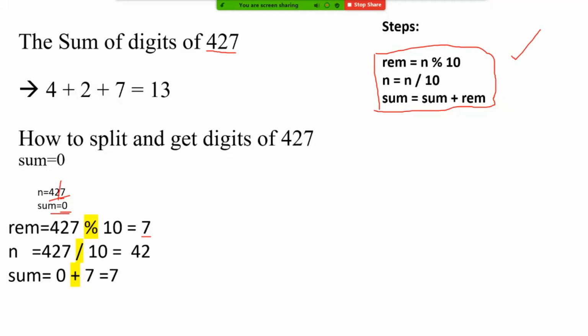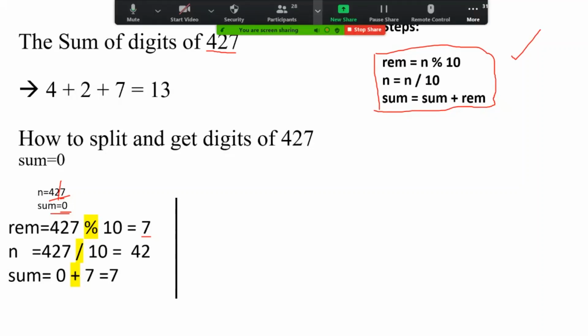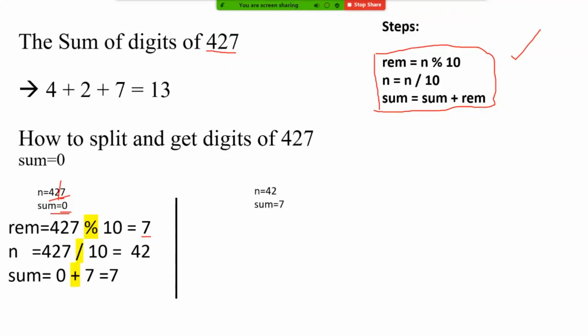So now what will be the value of n and sum given to the next step? N is 42. Sum is 7. Okay, keep on answering, then it will be easy. Then in this step, what will happen? What will be the remainder?